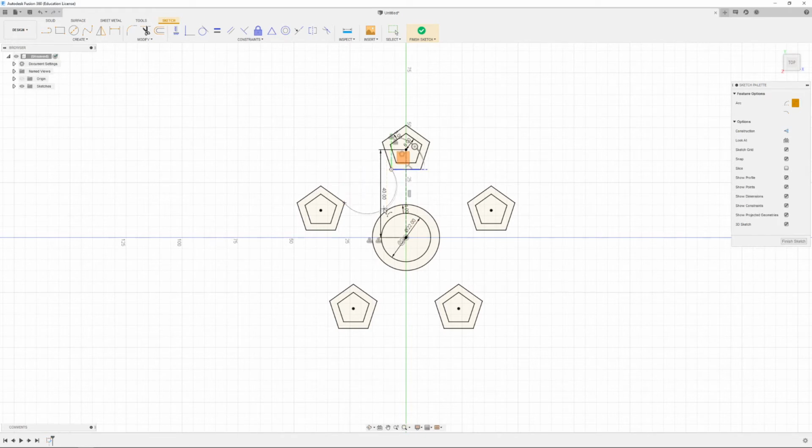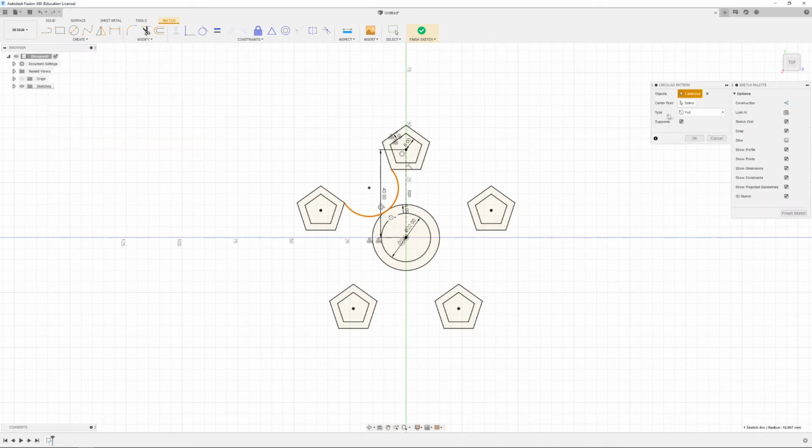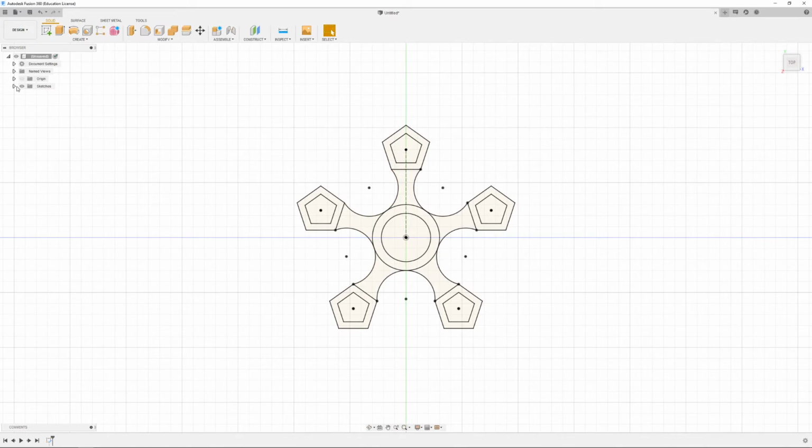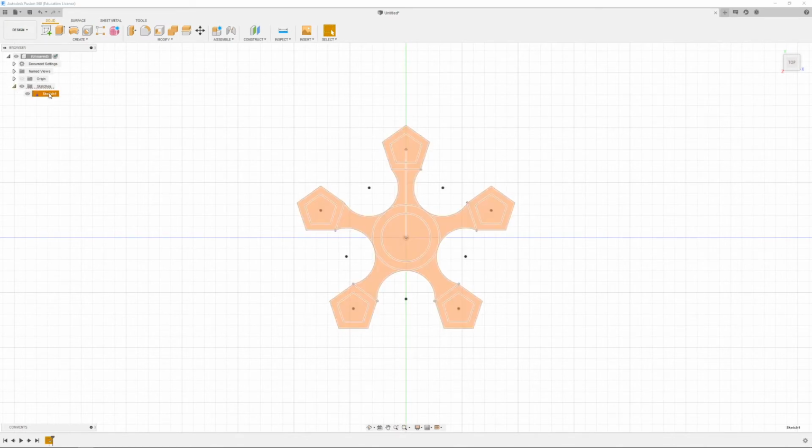Start point, end point, middle point. Awesome. Create circular pattern, this arc, this center point, 5 of them. Boom. Finish sketch. Let us rename this sketch to Fidget spinner body,